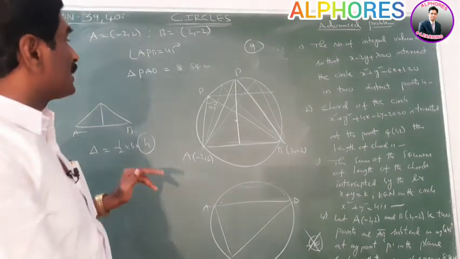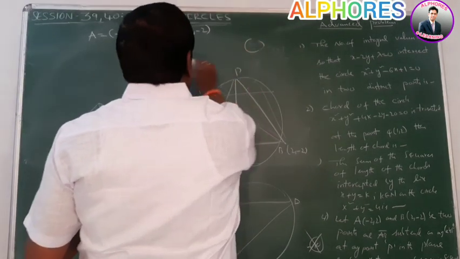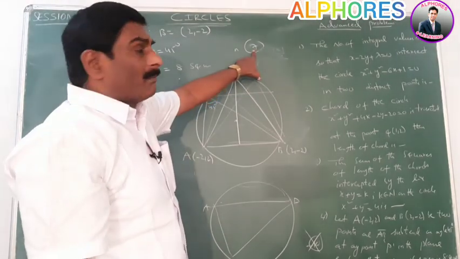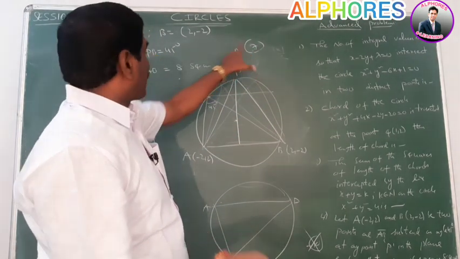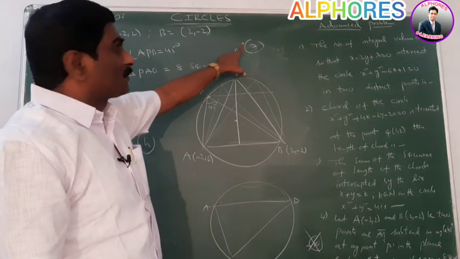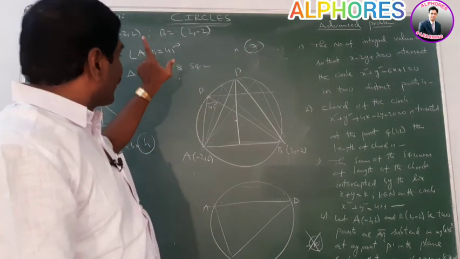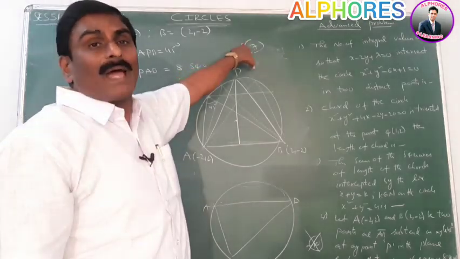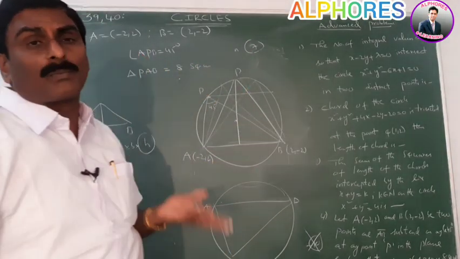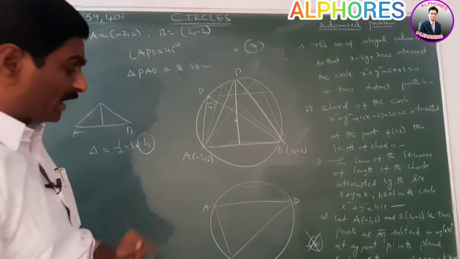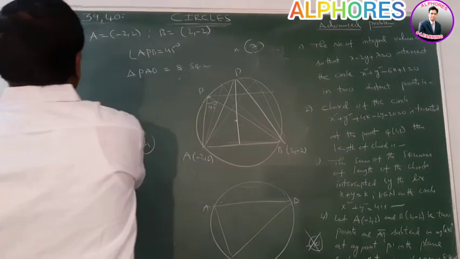Okay. Suppose the given area is 8 and the maximum possible area at this height is 7 units. Maximum possible area is 7, but required area is 8. Is it possible? More than the maximum value, is it possible or impossible? Impossible case. If the given area is more than the maximum area, the number of possibilities of the point P is 0. By using this, we can do this problem. Okay, very, very important. Please note this point.